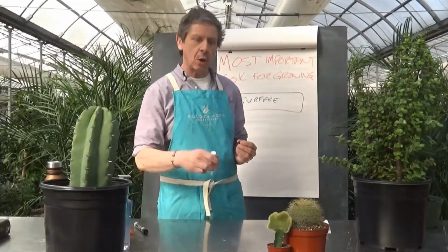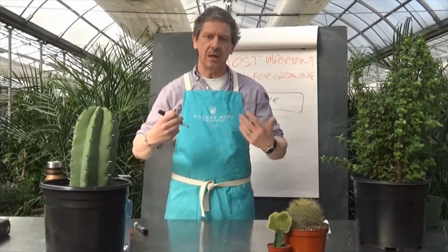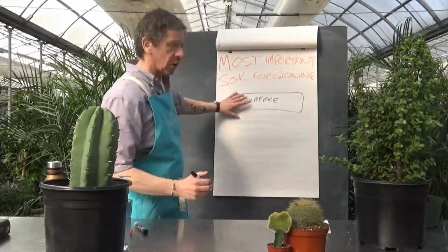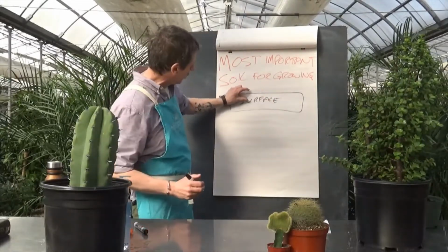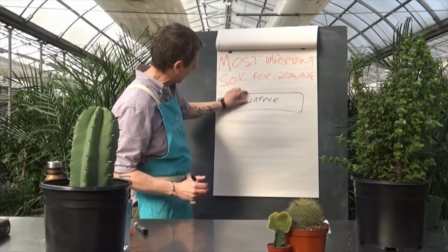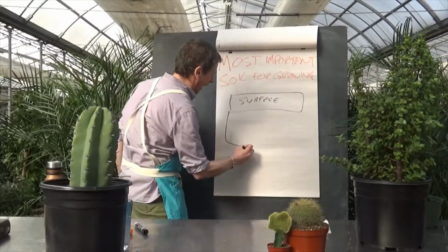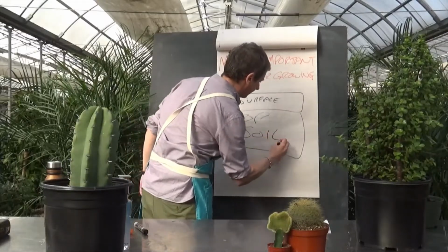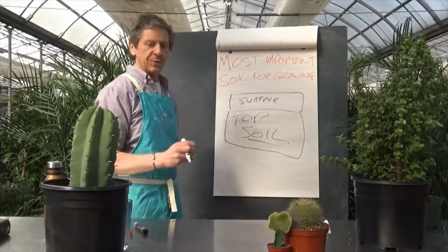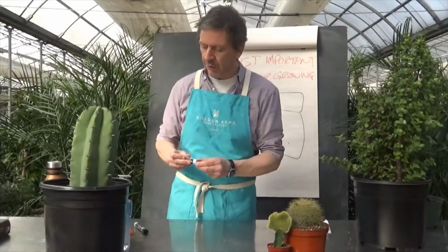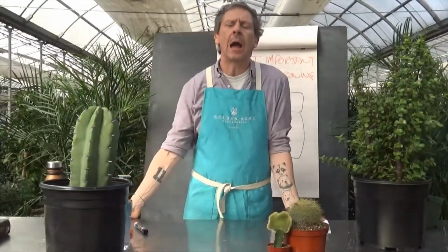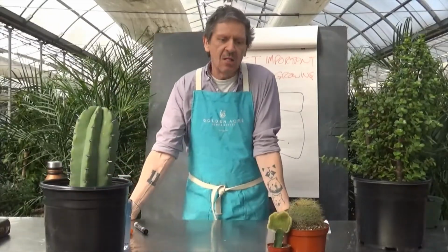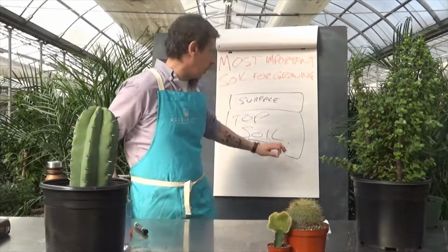But if you've always done a lot of gardening and it's spring and you're getting ready to turn your bed, you're going to have your surface soil. It's normally going to be a few inches. I made mine a bit bigger there. And then below that, we've got the topsoil. Like I said, the others are important as well, but those are the two most important soils that we have. These two soils here,